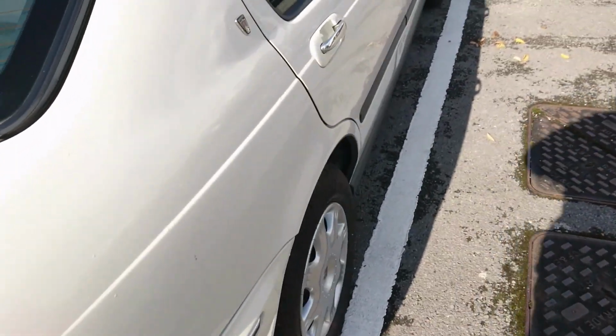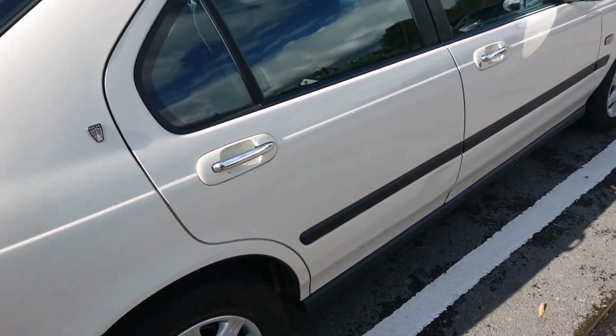Underneath here, in my car, would have been a full-size alloy spare wheel as well. I don't know what's in this particular one. The boot is a bit difficult to get up with one hand, so I'm not going to do that. But yeah, it's pretty good in here. You can believe very well this car has only done 22,000 miles. So if we go into the front,